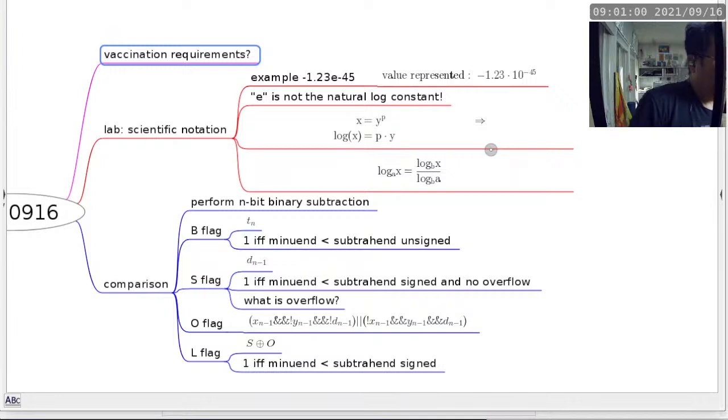All right, so there's a comment here. Can I explain about the borrow part using an example from a lab? Yeah, I can surely use your example. So the overall borrow is basically the most significant T bit. That's explained right here. When we perform an n-bit binary subtraction, and all the questions that you have in the lab on Tuesday are 4-bit binary subtractions, we are basically looking at T of 4 as the overall borrow of a subtraction.